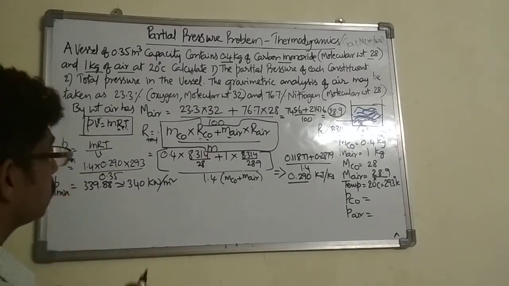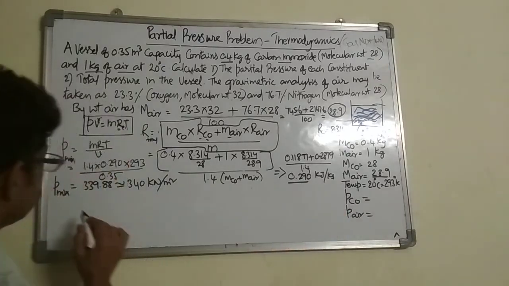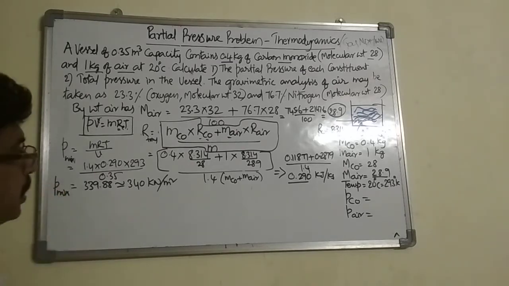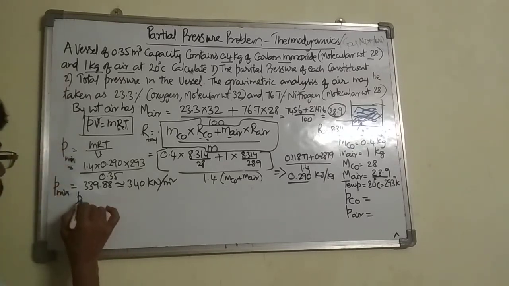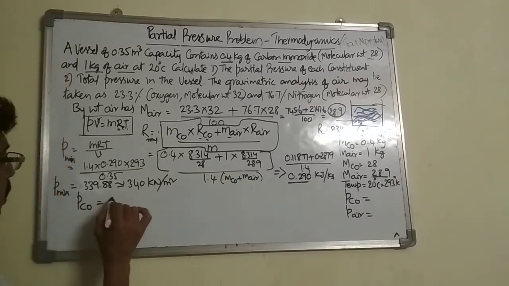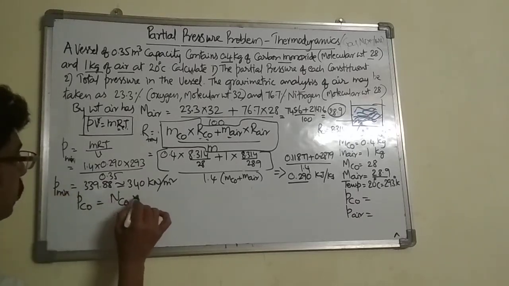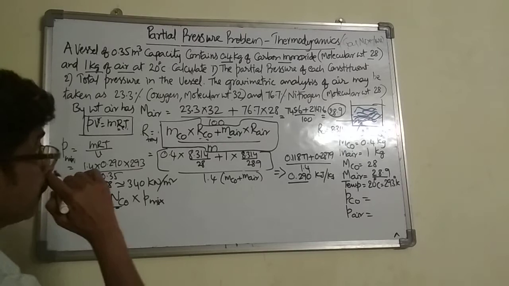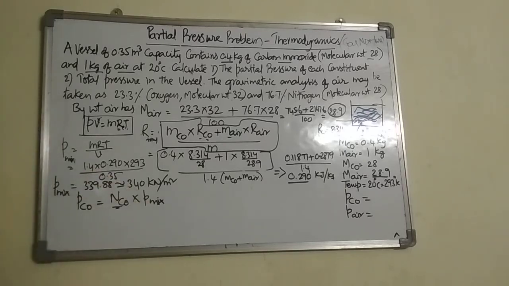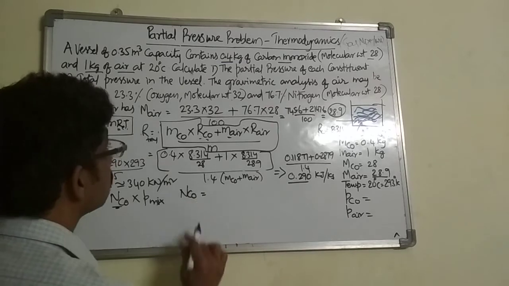So now our next step is to calculate the partial pressures. To calculate the partial pressures, first thing is we need to know the mole fractions. So let me write the example. Partial pressure of CO is equal to the mole fraction, that is N of CO into the mixture pressure. So here N CO is the number of moles of the particular gas in the whole combination. So how do you get it? This N CO is equal to what is the